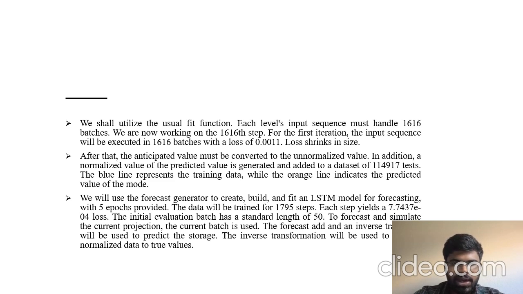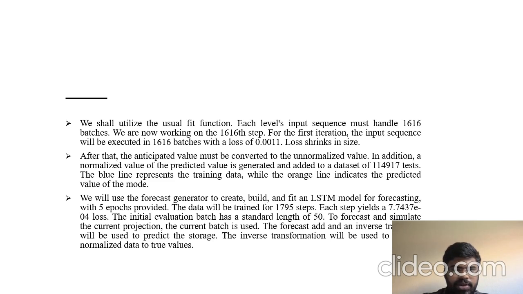To forecast and simulate the current projection, the current batch is used. Forecast add and then inverse transform will be used to predict the storage. The inverse transformation will be used to convert normalized data to true values, which is shown in the shuffler. In this, we have